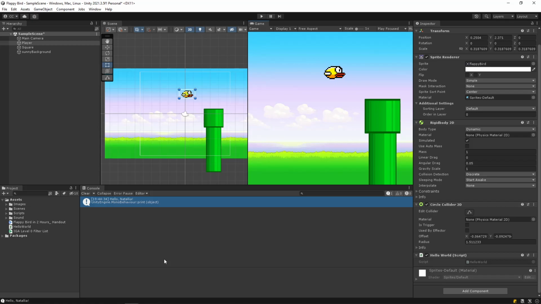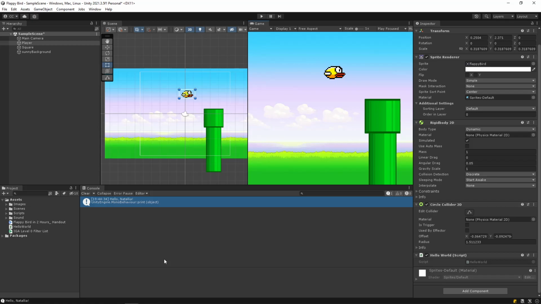If you click on player, and there's this add component button, if you just type in the name of the script that you want to make here, it'll actually make it for you. So if I type in jumper, capital J, you'll see that there's a completed jumper, but I want to click on new script specifically, then click create and add. It's going to recompile a little bit because it has a new script. And in my case, it even opened it up automatically.